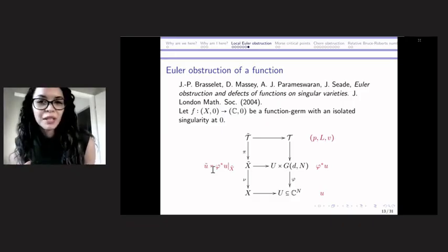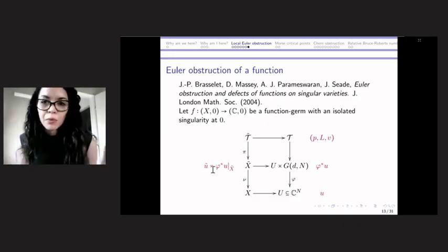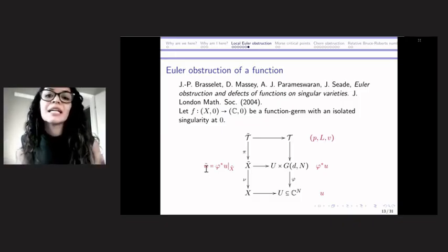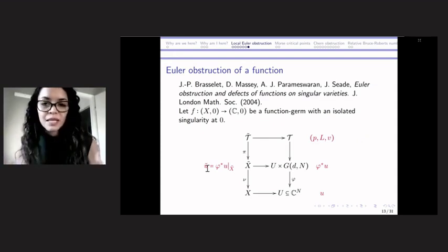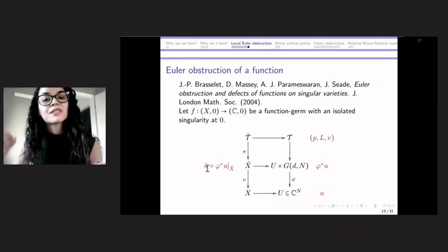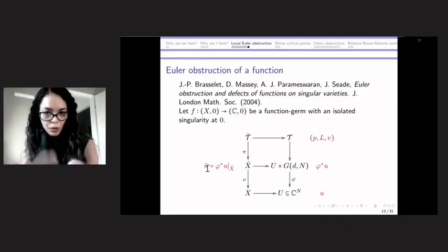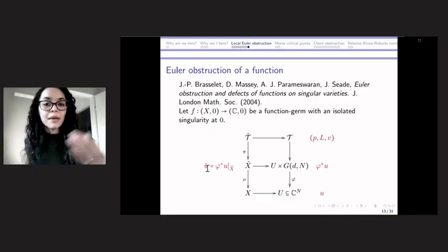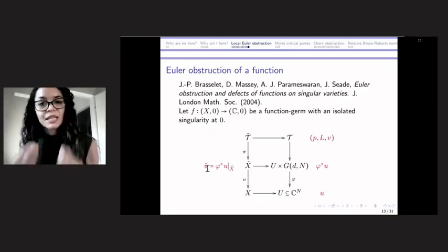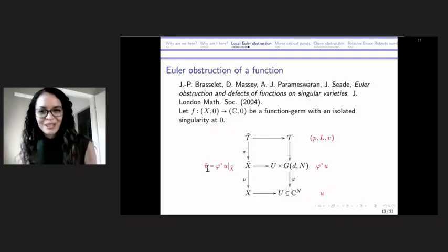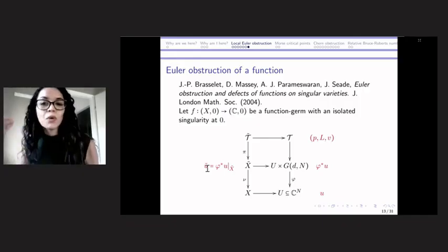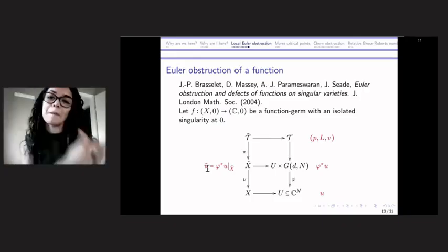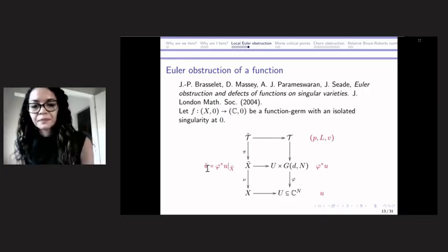The obstruction theory would say what is the obstruction to extend this U tilde to the interior of the ball. This gives us a cocycle that we can evaluate on its corresponding fundamental class. We make this evaluation and get an integer. This integer is the Euler obstruction now of the function, because the section we are extending was given by the function. All right?